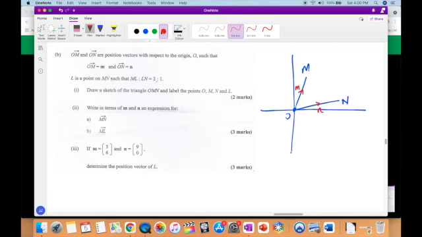Right? And they say in here that I have this vector MN. So L is a point on MN such that ML to LN is 2 to 1. So L will be somewhere here. So that means that this is 2 and this is 1. This is 2 to 1. So that means that this MN,